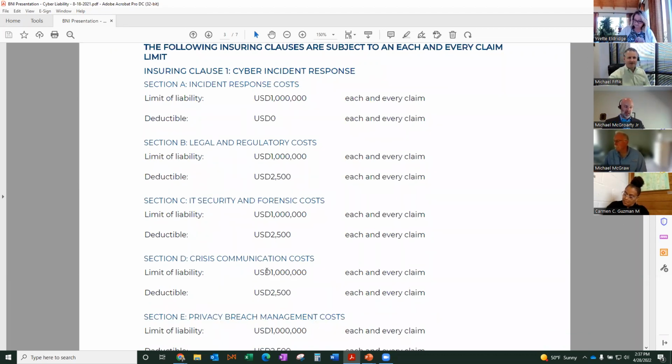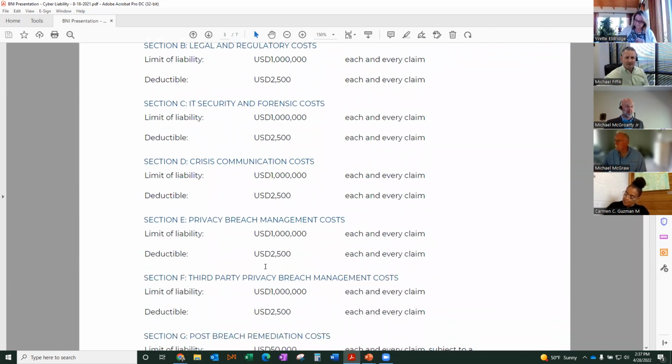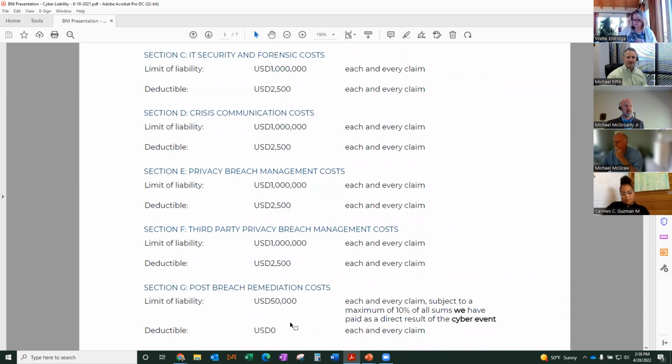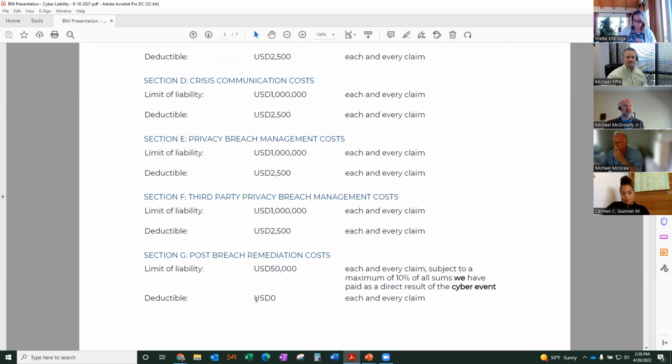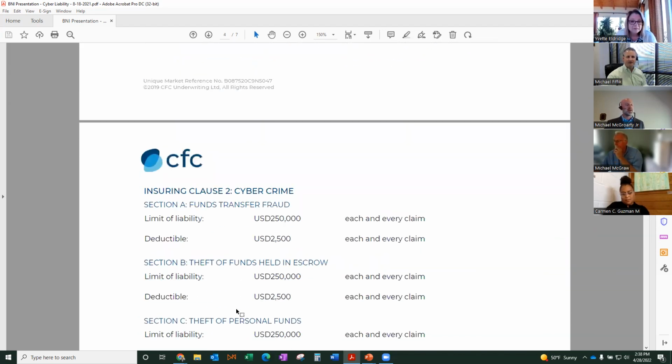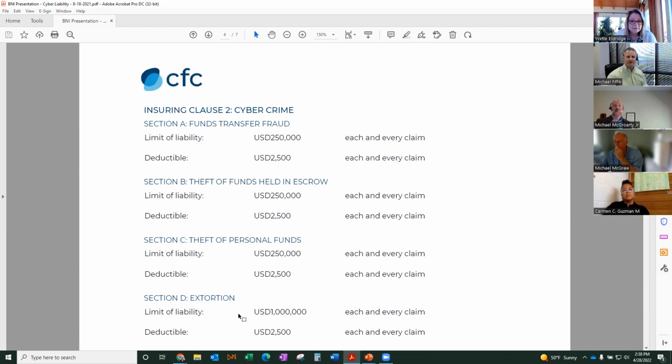Crisis communication costs, is getting your name out there, trying to start recovering yourself. Privacy breach management, third-party privacy breach management, that's handling that. You see these limits here, it's $1 million on each one of these coverages. Post-breach remediation costs, that's getting things back up and rolling after the fact. Now, these are the ones that you see more, some of that is covered under your BOP policy that's thrown in. These are the ones that are most important, in my opinion, to businesses, because they're what happens more than